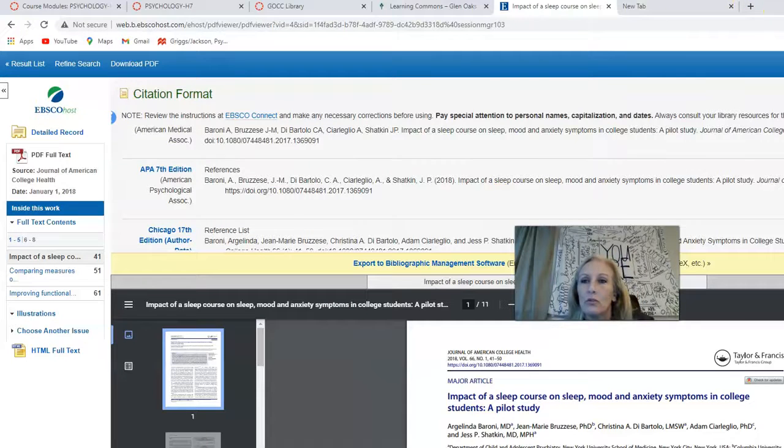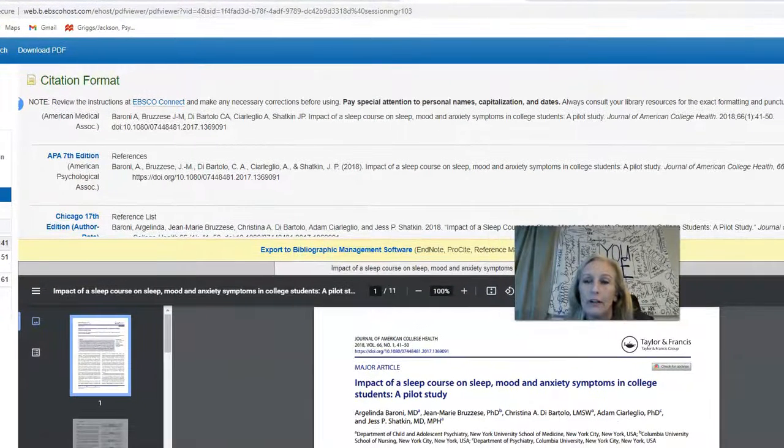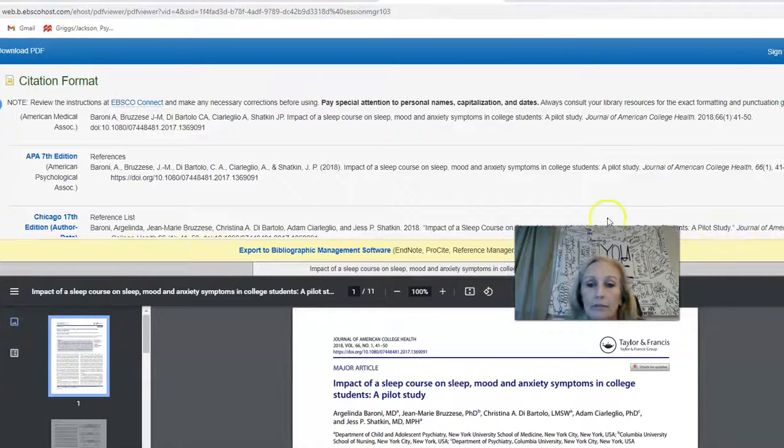I need to show you a little bit more in another video about APA style. First of all, I just showed you how to cut and paste from there, but that doesn't show your in-text citation. So I'm going to do that next. As usual, I can't find the off button.